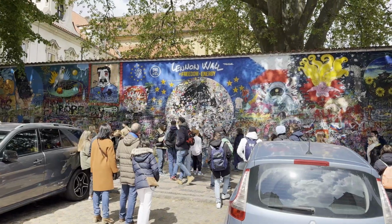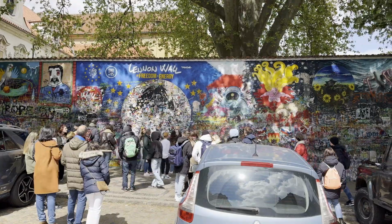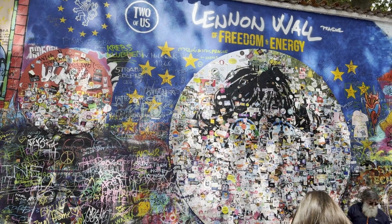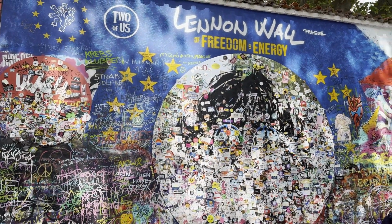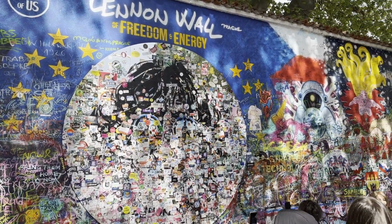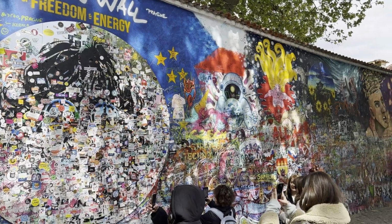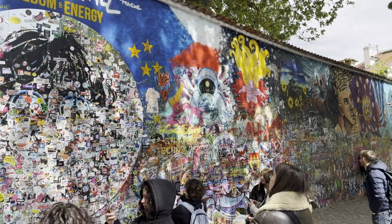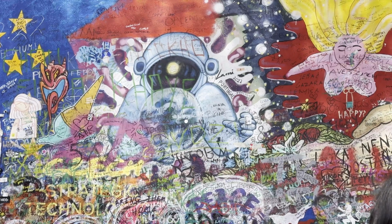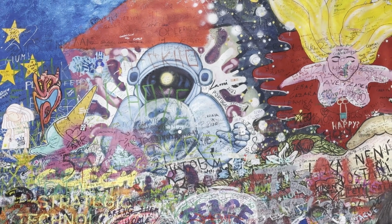When exploring the Lesser Town area, it is worth a visit to the Lennon Wall for a quick stop. The Lennon Wall, or John Lennon Wall, has been covered in graffiti. This once typical wall has been filled with John Lennon-inspired graffiti, lyrics from Beatles songs, and designs relating to local